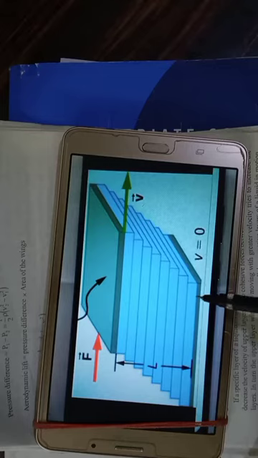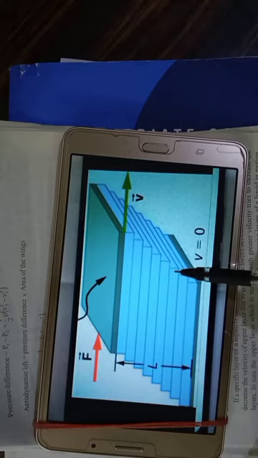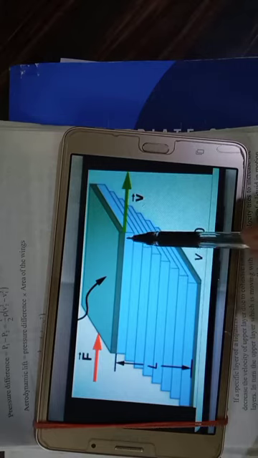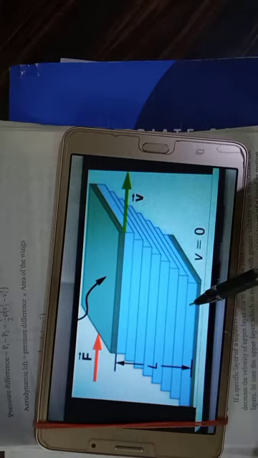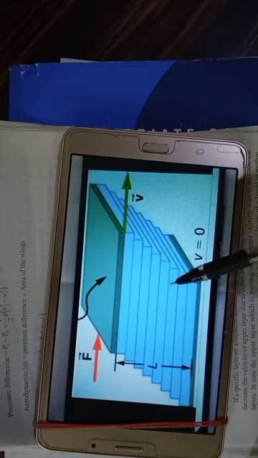The bottom layer just wets the earth surface. Over that there will be another layer moving with say 1 meter per second velocity. Over that the layer will have 2 meter per second velocity, and over that this layer moves with 3 meter per second velocity, 4, 5, 6, 7, like that. As you move upward, the layers move with increased velocities. Different layers move with different velocities.